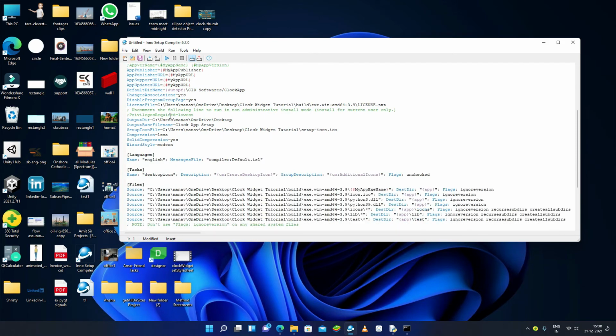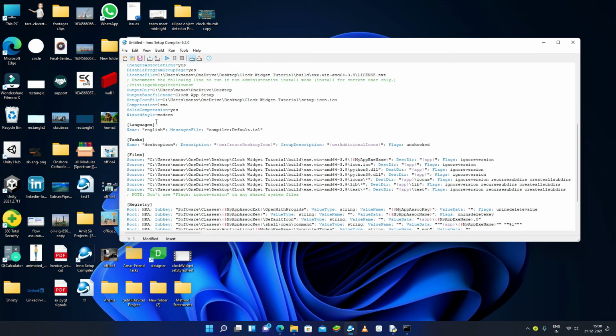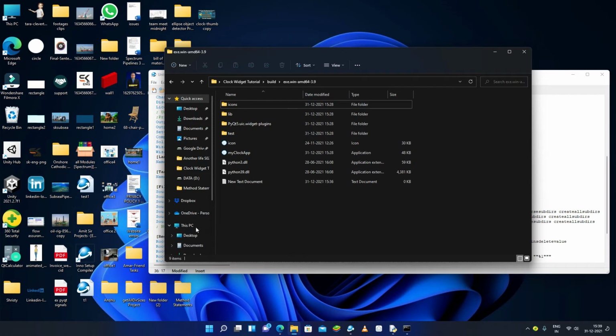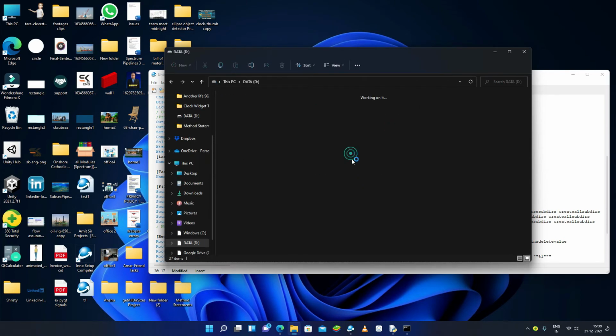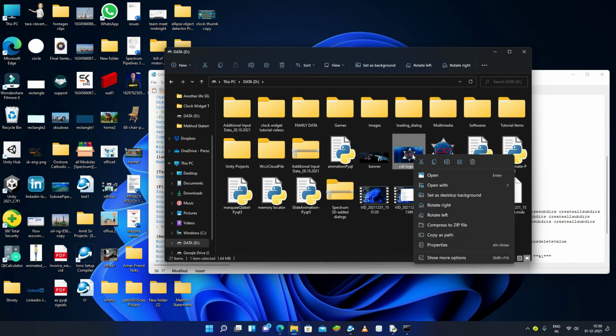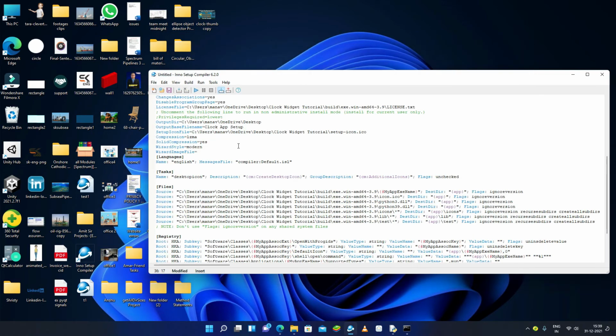Okay, so this is the script file, and now what I will do is I will come here under wizard, below that wizard style, and I will add some more things, like I'll use here wizard image file. Okay, under this wizard image file, let me pass one image file which will be the background. So I'll go into my D drive, and one thumbnail is already there, so I can just copy its path.